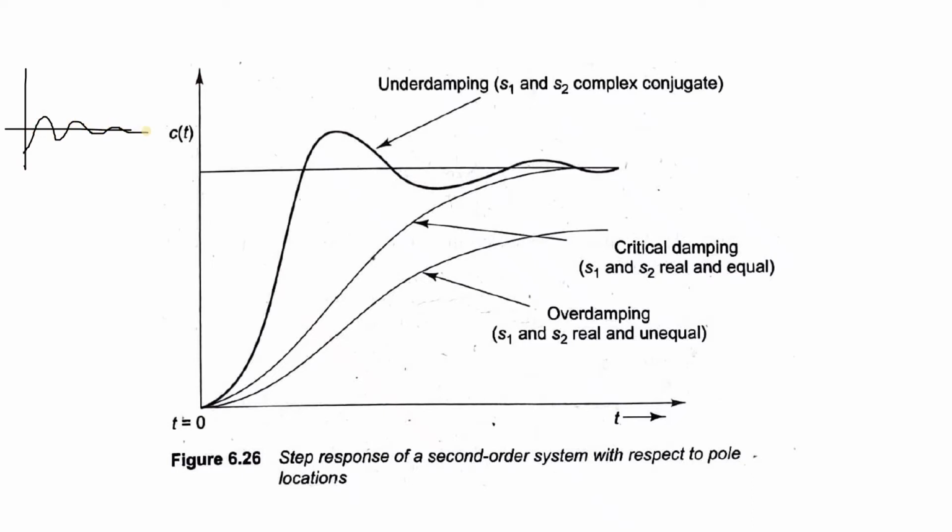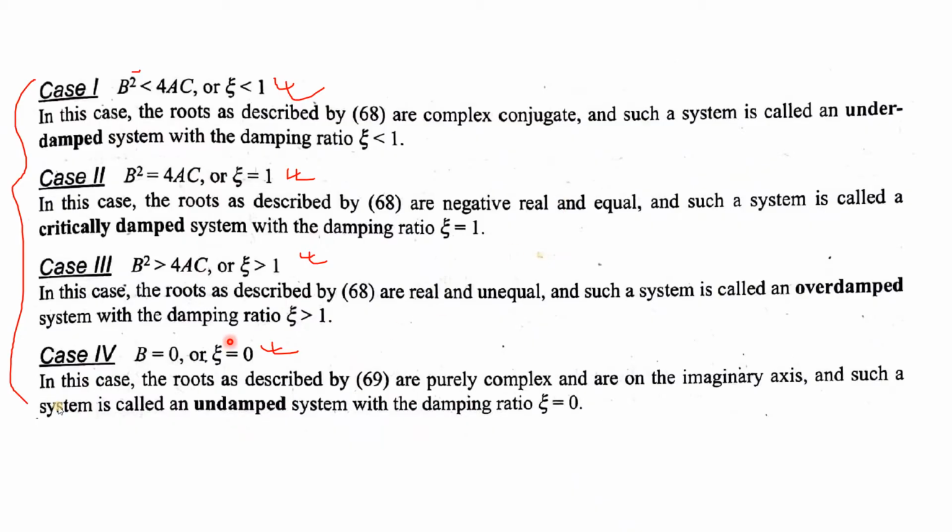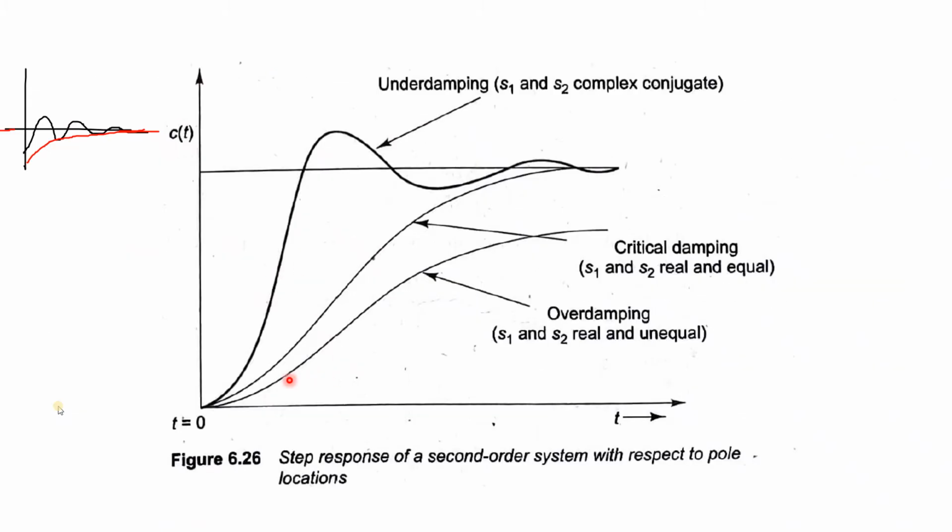If I show you a damped function, we know a damped function is like this. But critically damped means it will touch the reference line directly. It will not overshoot. The magnitude will not go upwards of the reference line, the 0 axis. You will just touch it. It is called critically damped. You can see this is critically damped. This is only when eta is equal to 1.